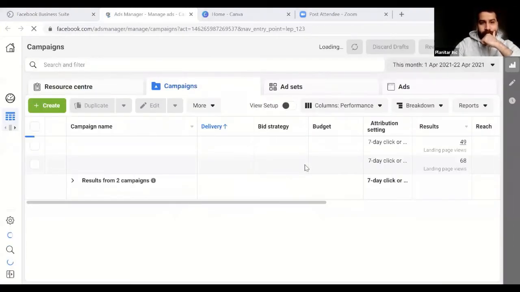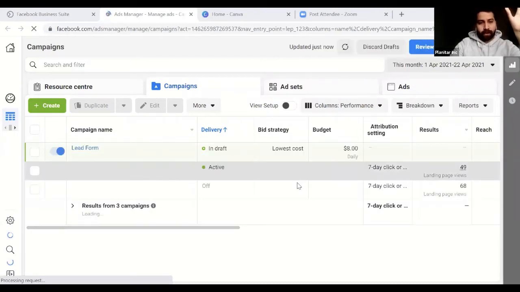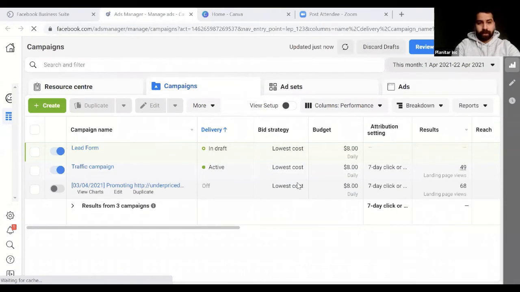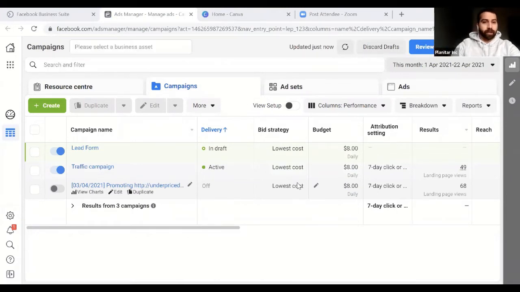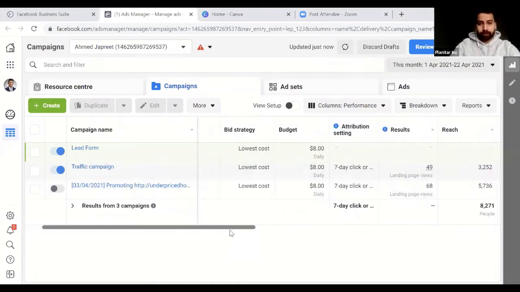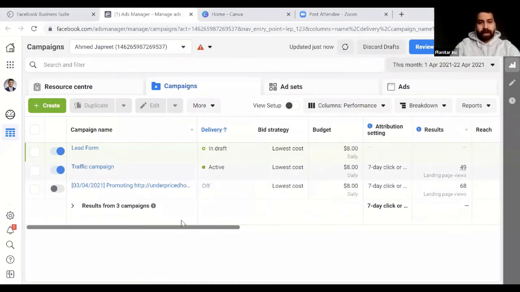Now, once you're on the Ads Manager page, you'll notice that yours is probably going to be empty if you've never run Facebook ads. On my end, you'll probably see something like this. I have a lead form or traffic page form. I have something that's off, not currently running. And this basically shows you,